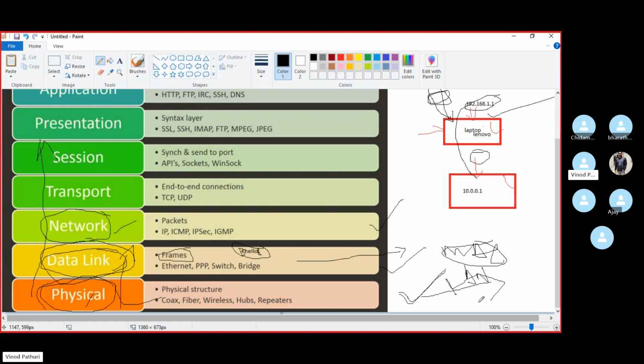So the method of connectivity is physical, the data link layer operates at the MAC level, and layer 3 operates on IP. Your main device here is the router, which operates between multiple networks. And your data will be called packets.